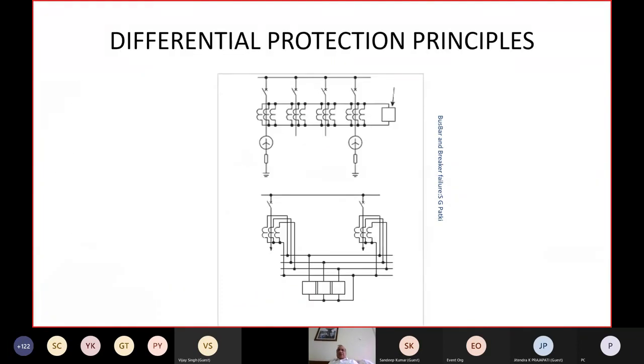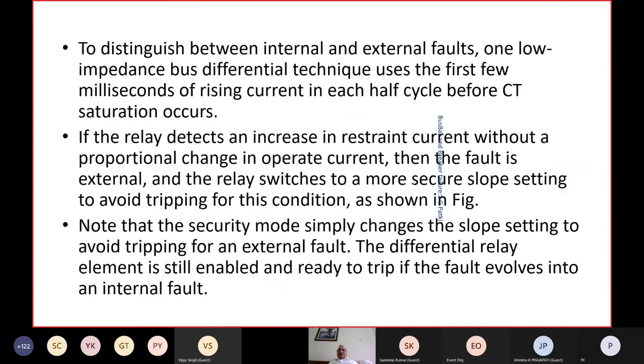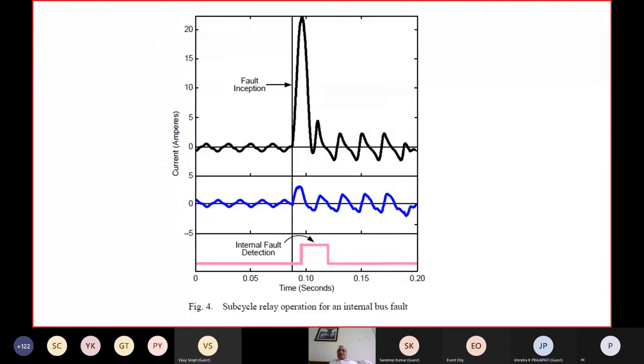I will not get into details of the bus fault scheme, but the point here is again the CT saturation phenomenon. When there is a grid fault which is outside the protected zone of the bus fault, the performance of the CT is becoming more and more critical because of the high speed operation of the bus fault relay,